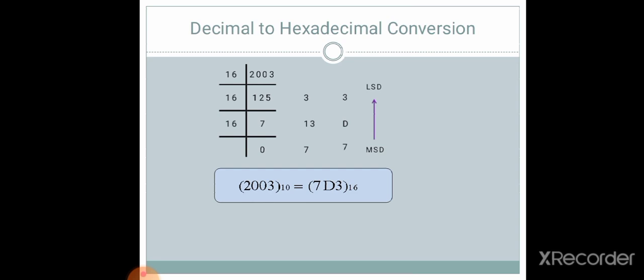So writing the base is compulsory. Writing MSD, LSD, arrow is compulsory. That shows how you are copying your answer, from which direction, where you have put MSD and LSD. So the MSD, LSD writing is compulsory. Showing the arrow is compulsory. Writing the final answer with the base is compulsory. Then and only then you will get full marks.